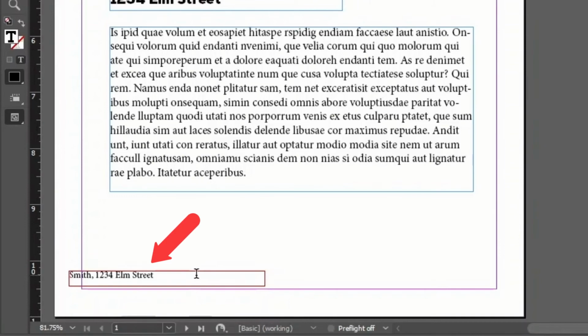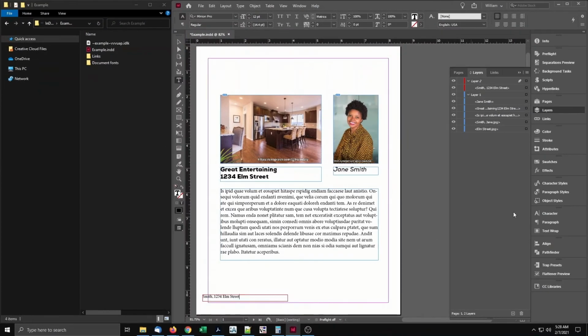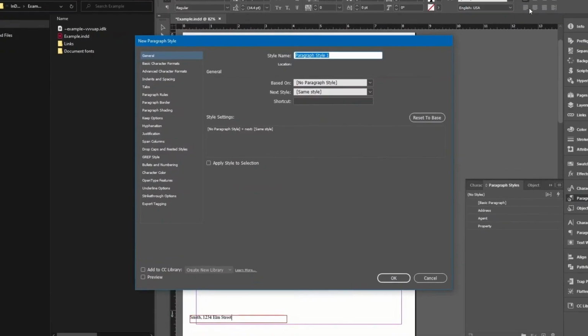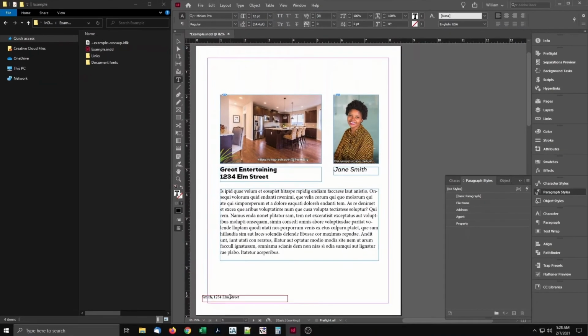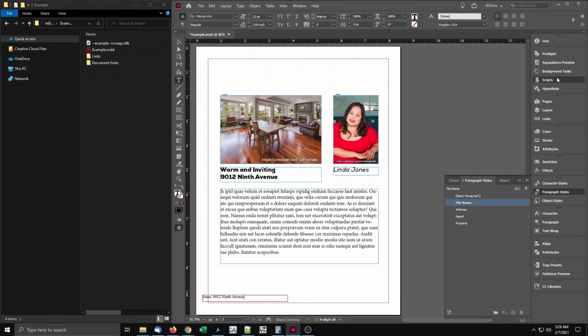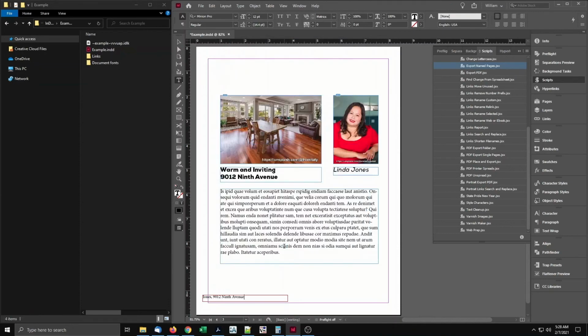This choice is a combination of the agent's last name and the street address. Just for example, it could be anything. Next, I'll create a new paragraph style, file name, and assign it to these non-printing paragraphs. Run the script and select the paragraph style, file name. And there you go.